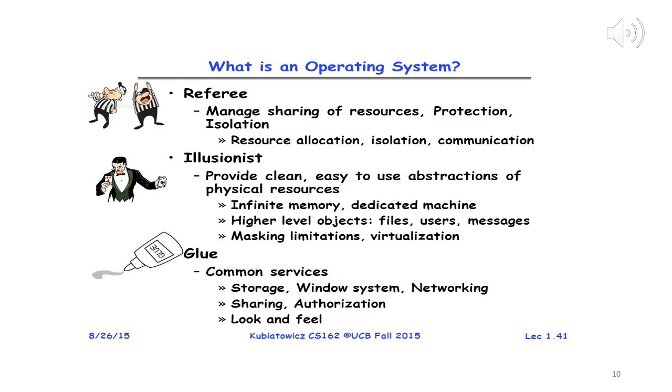Okay. So manage among the many tasks could be managing sharing of resources. So sharing 4 CPUs among 50 processes, for example. Protection, isolation we talked about, ensuring that one process, one program does not mess into or enter into another process and try to do something harmful. So essentially all of these things come under this referee role, right? Resource allocation, isolation, taking care of communication among processes. So it's a referee. It's also an illusionist, right? So it gives an illusion of many things. It gives an abstraction of many things.